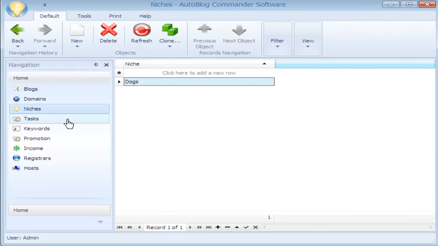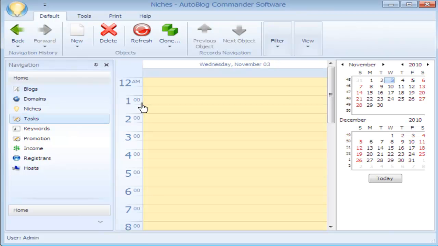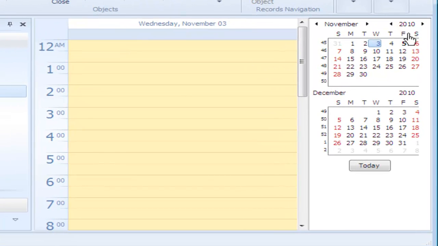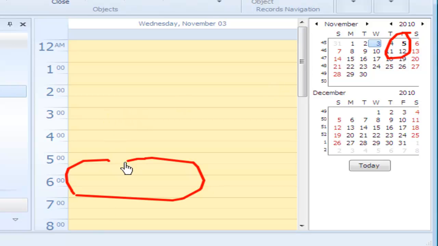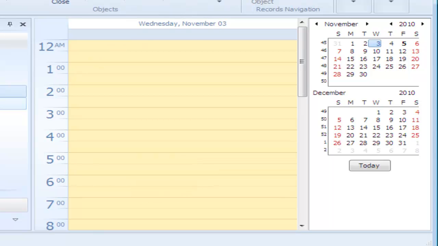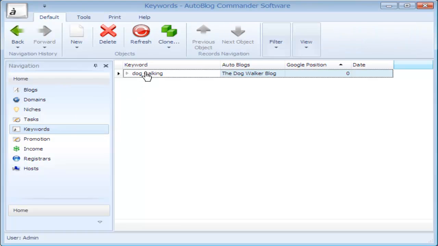Under tasks, I'll see here that the 5th is bolded, so I know that there is an event on that day. And when I open up the software on the 5th, it'll show as a task here at whatever time I selected. If I go to keywords, it'll list the keywords that I added with the blog tied to it. When I go to promotions,